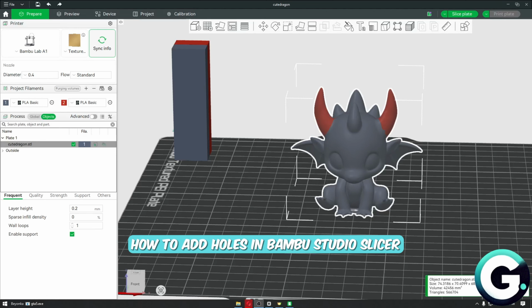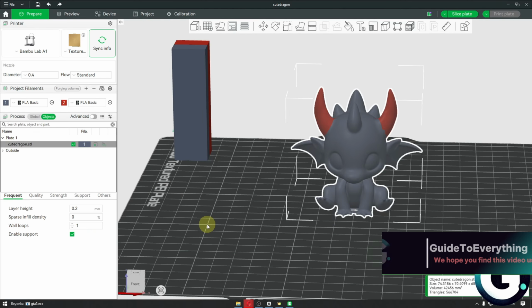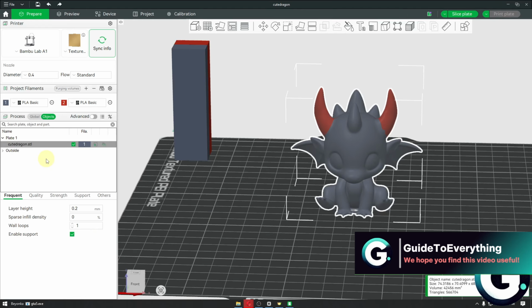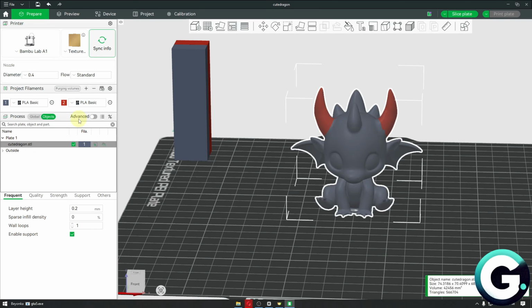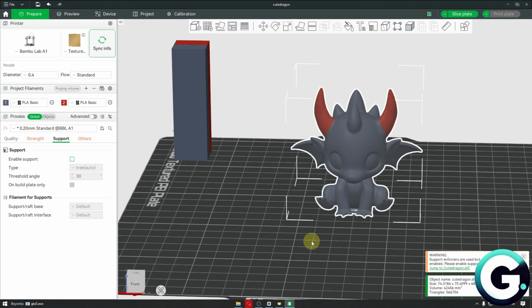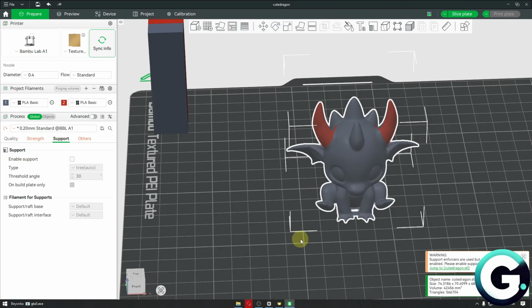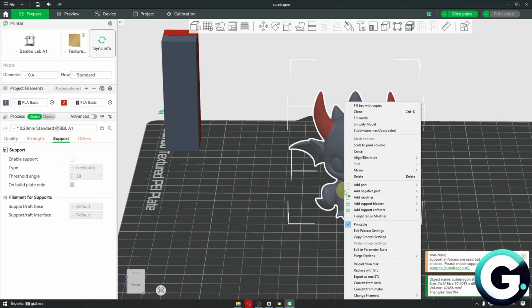In today's video, I'm going to show you how you can add a hole onto your model in Bambu Studio Slicer. The first thing that you want to do is to simply click on your model right here. So in my case, I'm just going to disable a few settings, which is going to be the support option. Now it doesn't really matter whether you enable this or not, but from here, you simply want to right click